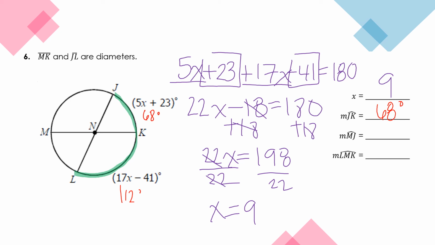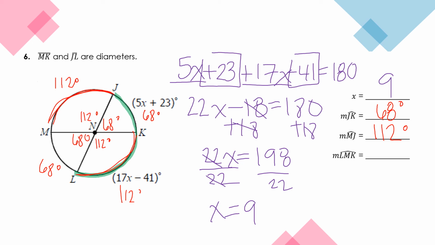But we are not looking for KL, we're looking for MJ. And MJ is actually going to be equivalent to KL because if KL is 112 degrees, then angle KNL is 112 degrees. And by the vertical angles theorem, JNM would be 112 degrees, making JM 112 degrees. I'll go ahead and mark angle JNK as 68 degrees, and that makes MNL 68 degrees, which makes arc ML